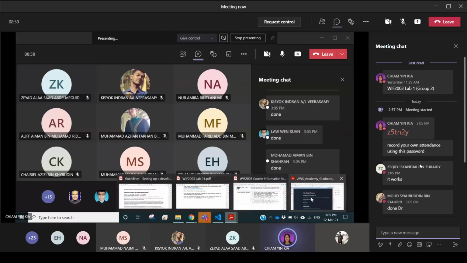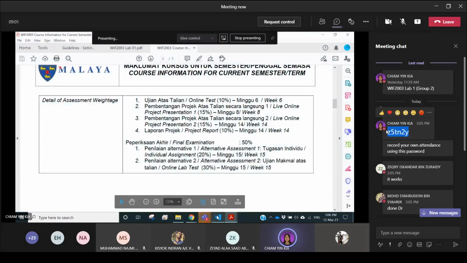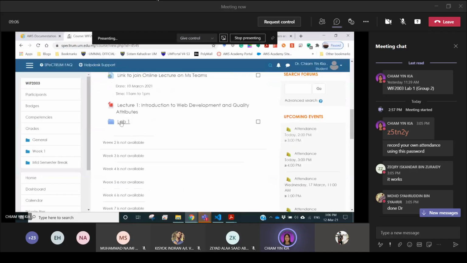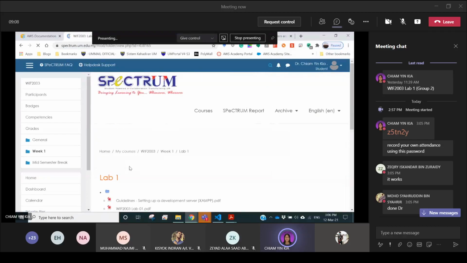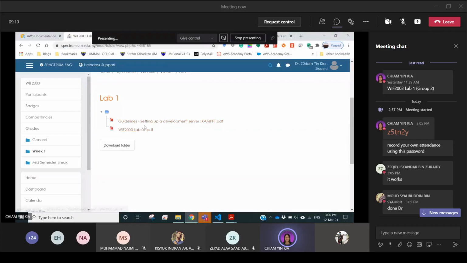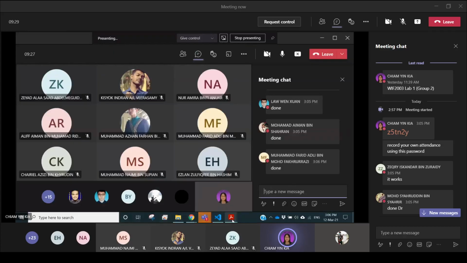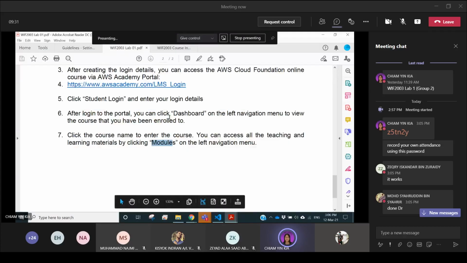For today's session, there are two parts. If you open the Spectrum, there is a folder called Lab 1. In Lab 1, there are two files you can download. Basically, for Lab 1, I just want to tell you about the text editor and how to set up the server environment. The guidelines will help you to set up the development server using Zen. After you download the files, under Lab,